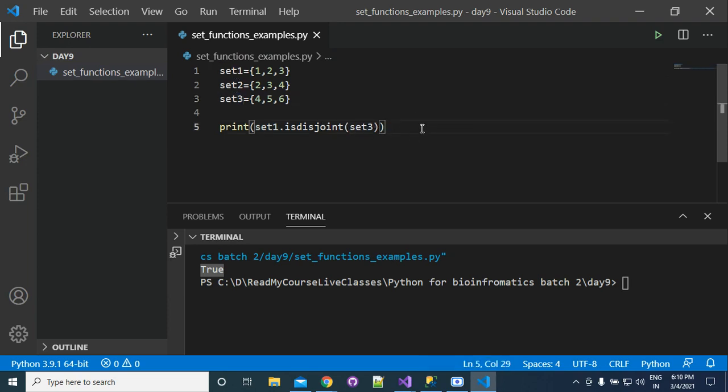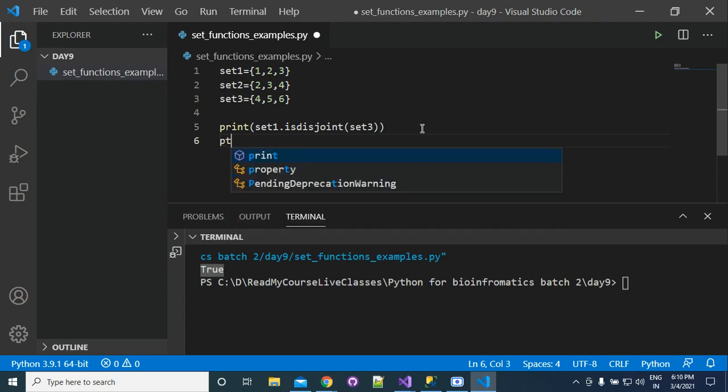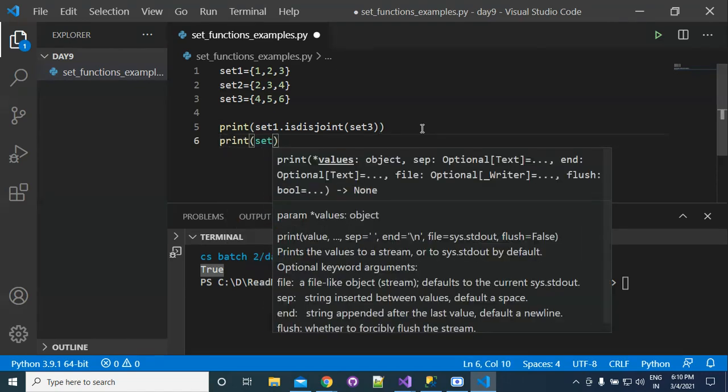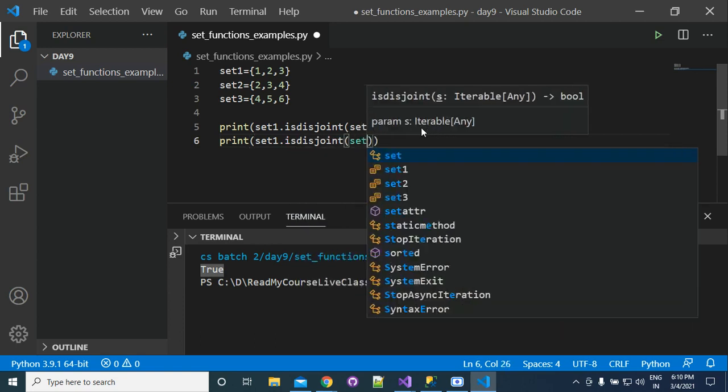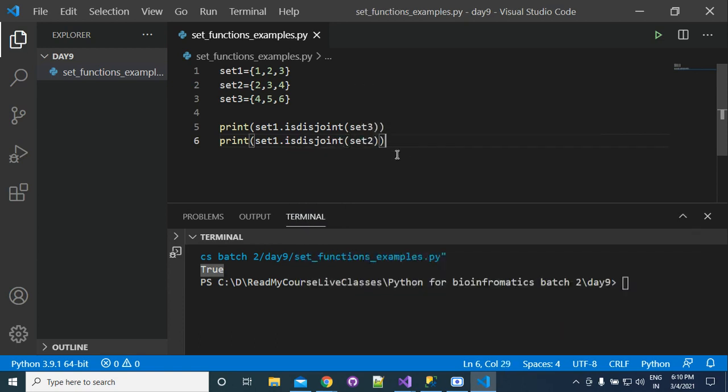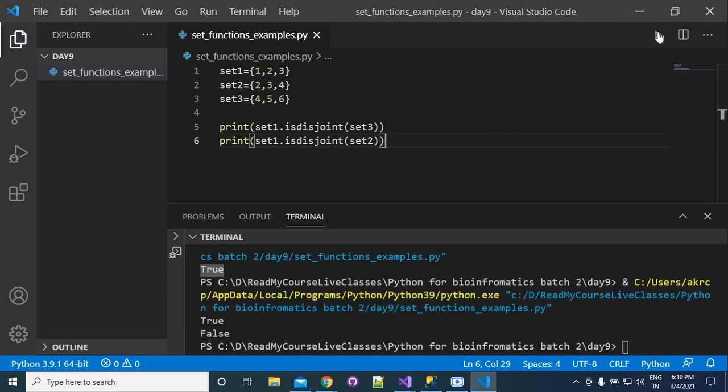Now if you write here print set 1 dot isdisjoint set 2, then what will happen? It will return false because they are not disjoint. Set 1 and set 2 have common elements, so that's why it is returning false.